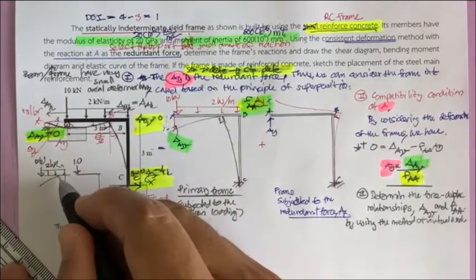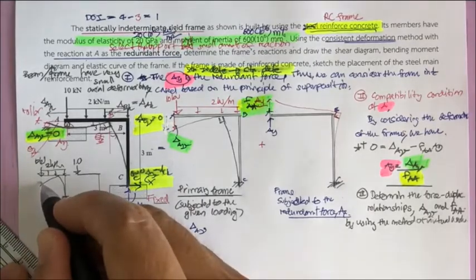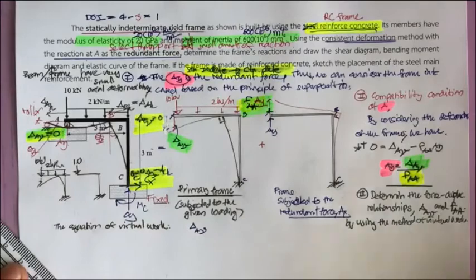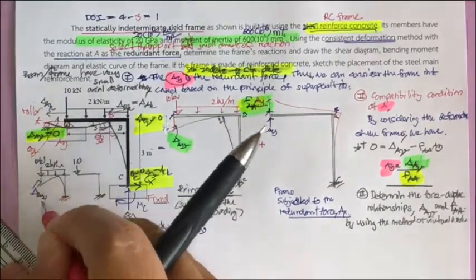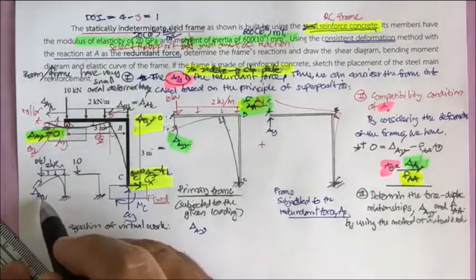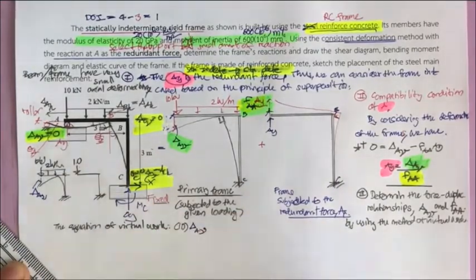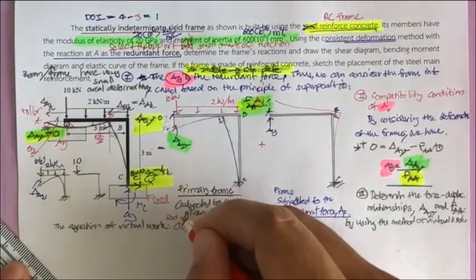This deformation here is the delta sub AV, the delta A vertical. And this delta A vertical times 1 unit force